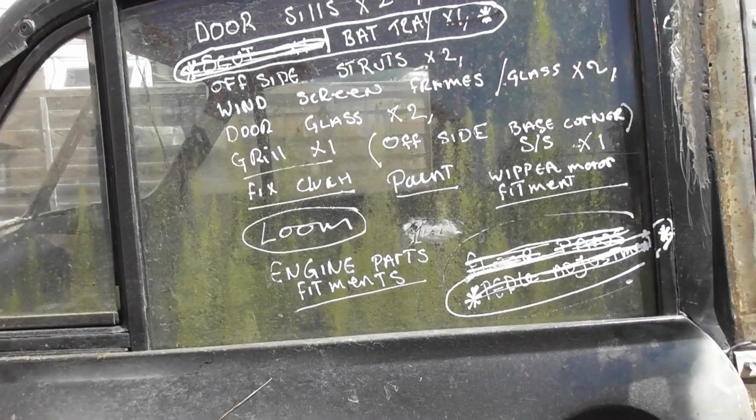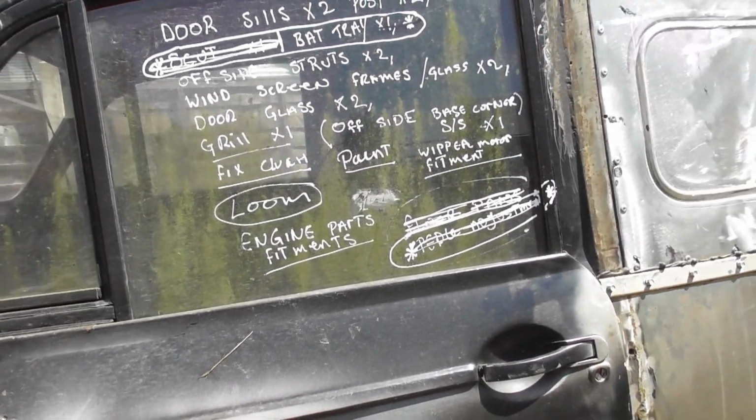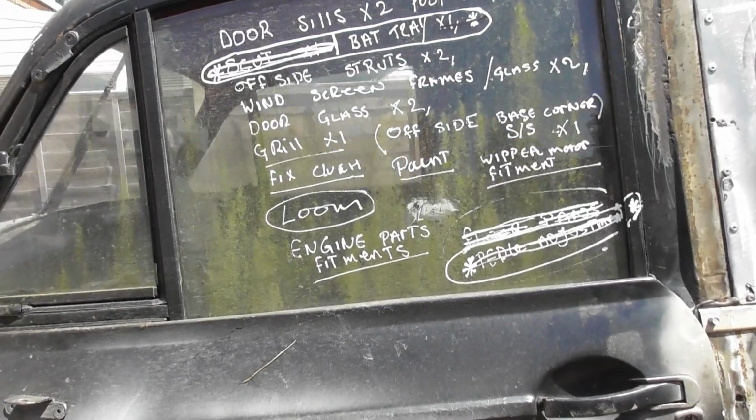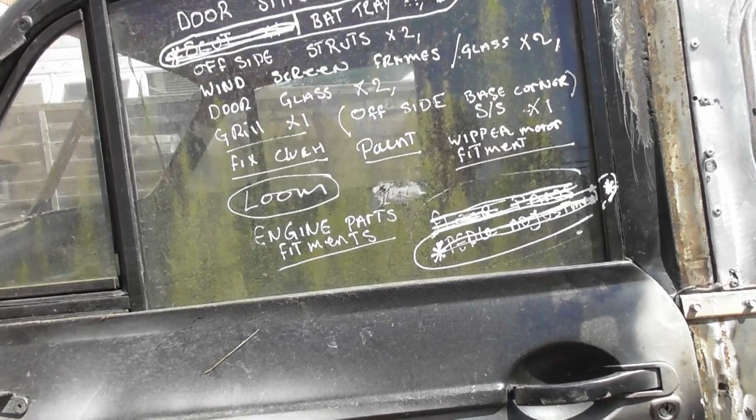So what we got next week? Well, next week I'm doing the bikes because it's holidays. Everyone's home that needs to be home, and I don't want to piss everybody off. So I'm going to do the bikes. But the week after that,